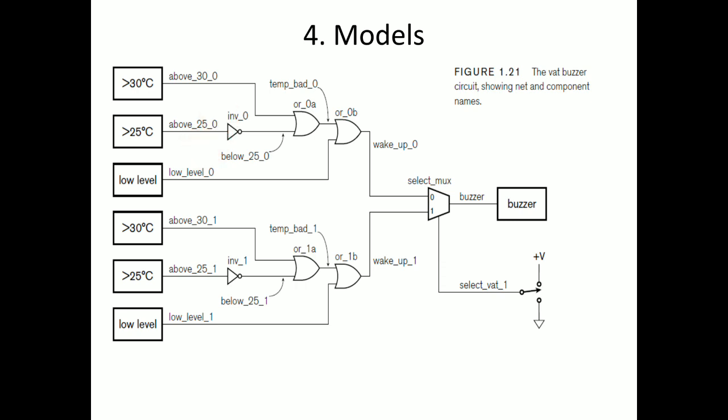Hope the naming has been cleared, and how to identify the gates has been cleared. Next, the name of the mux is select mux, because it has a switch. It needs to select VAT 0 or VAT 1, so the name is given as select mux instead of 2:1. The name of the output is given as buzzer only, because ultimately it is going to connect to the buzzer, so the identity name is buzzer.